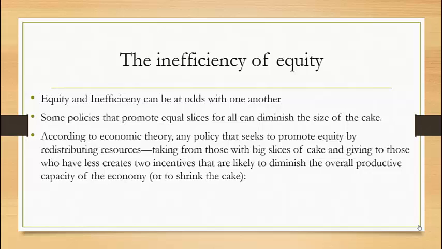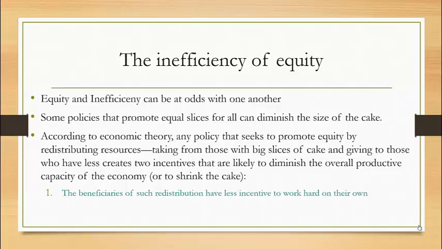The underlying argument is that any policy that's trying to promote equity by redistributing resources diminishes the size of the cake because it creates two incentives that are likely to diminish the overall productive capacity of the economy, right? If you think about the cake as the economy or the cake as the benefit, when you take resources from one group and give them to another group, when you redistribute them, the economic argument is that that will fundamentally reduce the amount of benefit or the size of the economy, etc.,